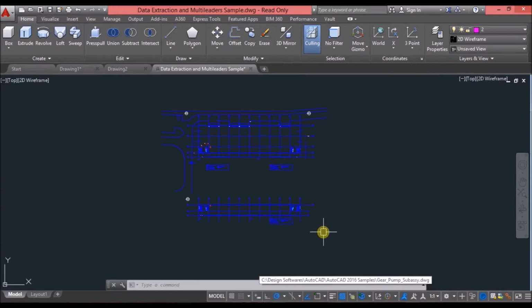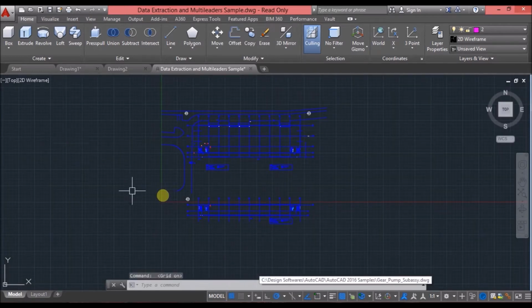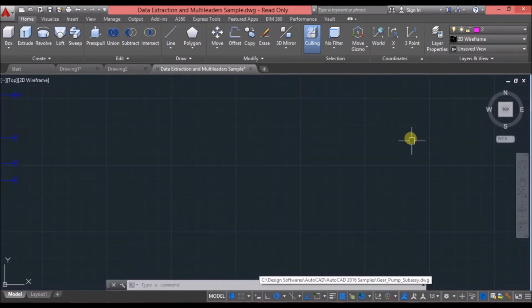Let us also understand what the utility bar is. Now, the utility bar basically helps you with the creation of drawings. For example, let's start with this one. This is the grid mode. When you click on grid, the entire region of your workspace shows a grid in a square box manner.